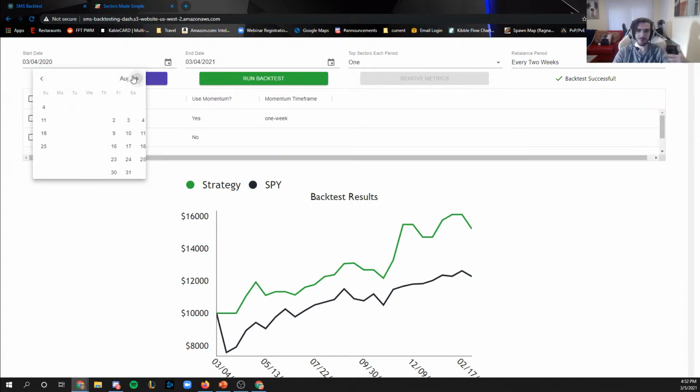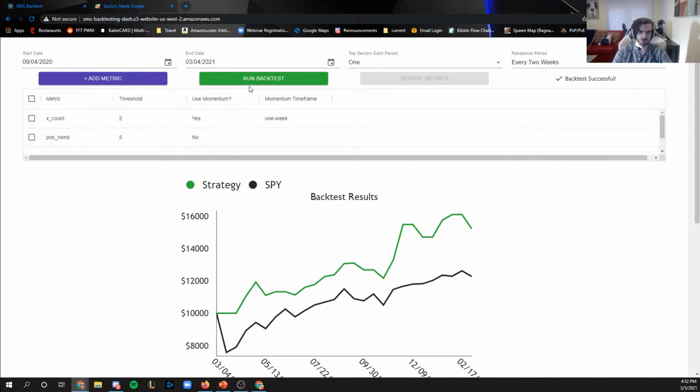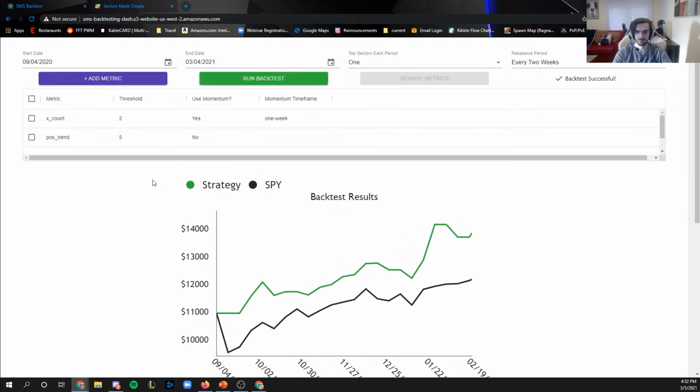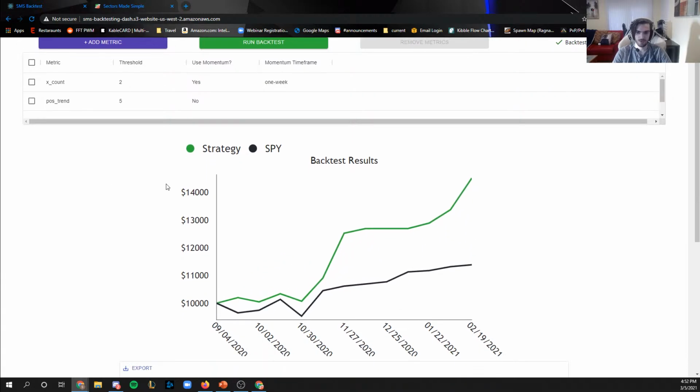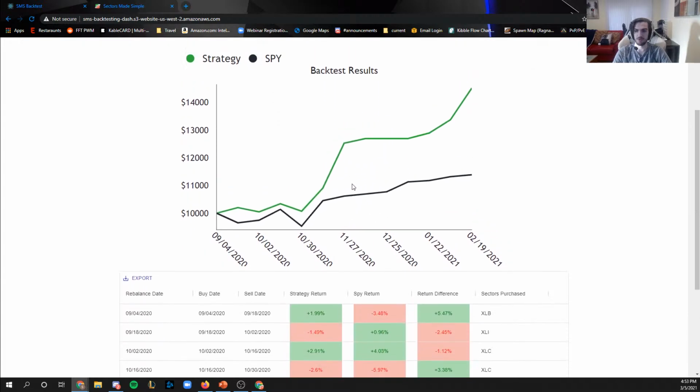Let's go back to that idea of sampling bias. What if I change March to September? Now we see a little bit different. We still see that our strategy is outperforming the market. But during this period here, it didn't do that. And then during this period here, it 100% would be beating the market.